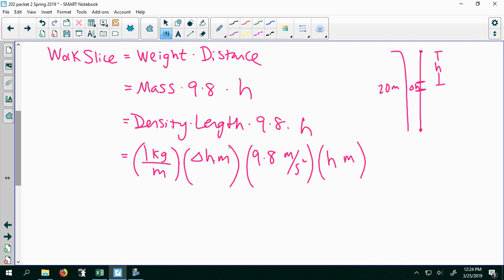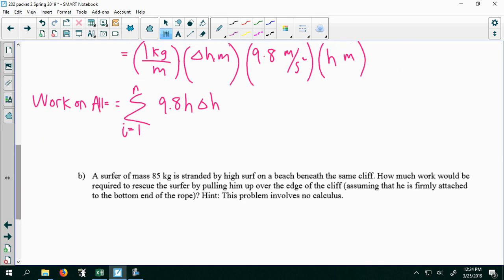So I just need to do the work on all the slices. And that is just the sum where each slice has this amount of work done on it. And if I simplify this, I get 9.8 H delta H. And I'm taking n slices. And then the exact amount of work is what you get when you take the limit as the number of slices goes to infinity. The limit of that sum is an integral,